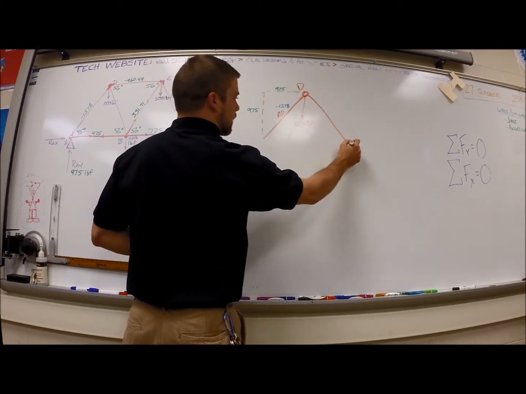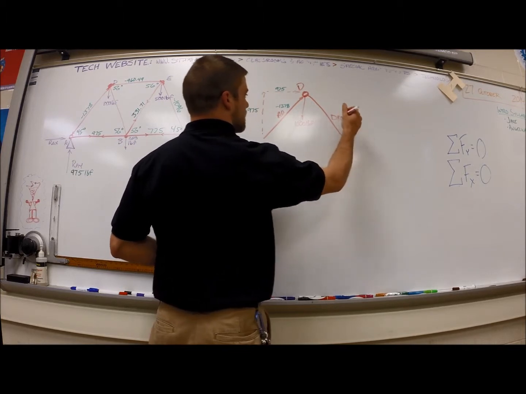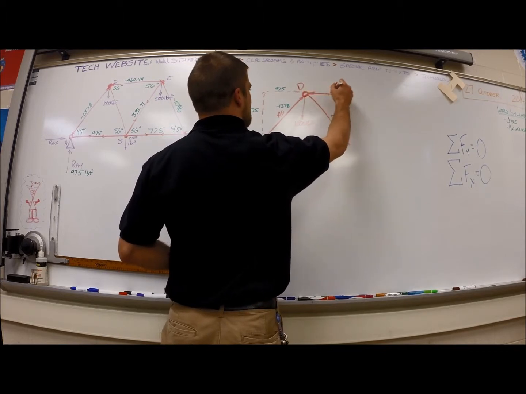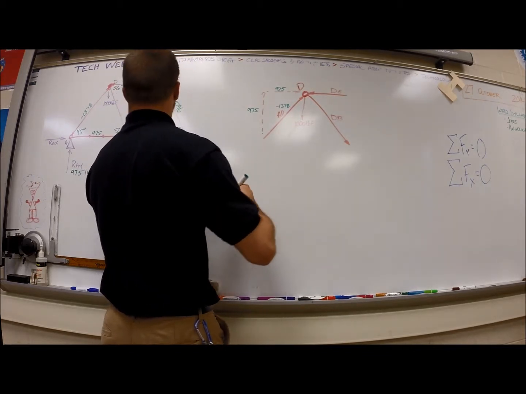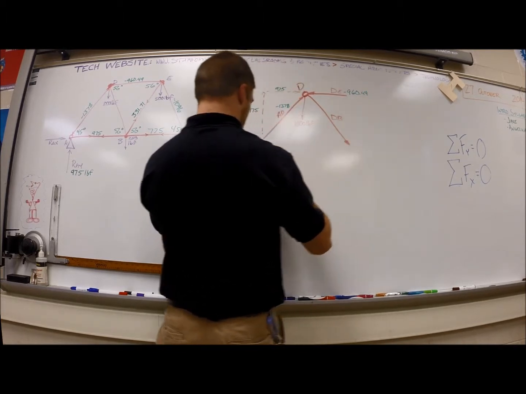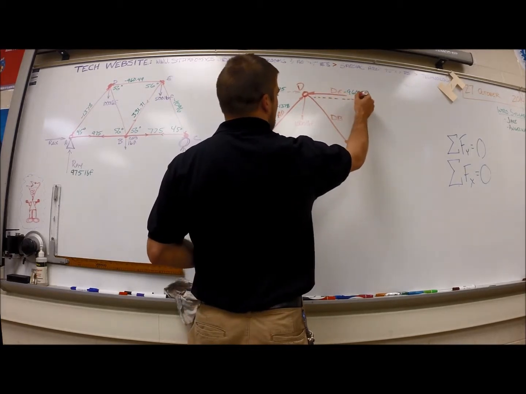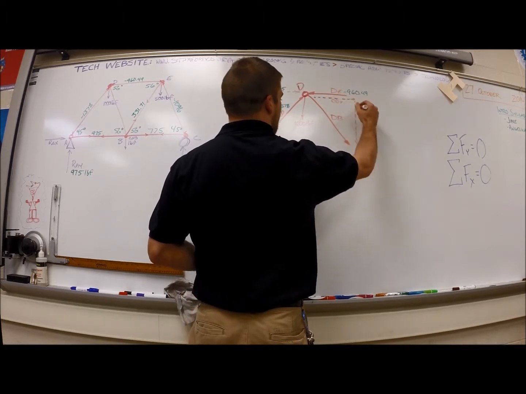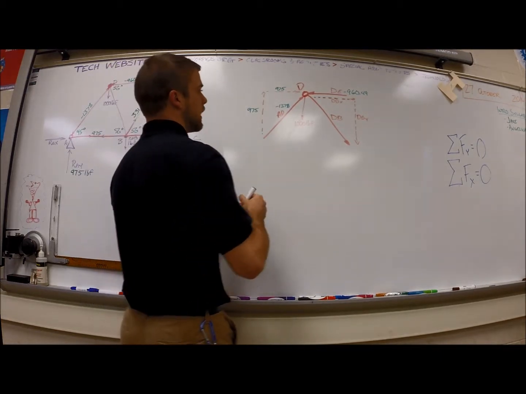We have our unknown vector here, call it DB, and we have DE, which we just solved for. We know that it is negative 960.49. And now this vector going down toward B, I need to give it its X and Y components. So we have DBx and DBy. Included angle here